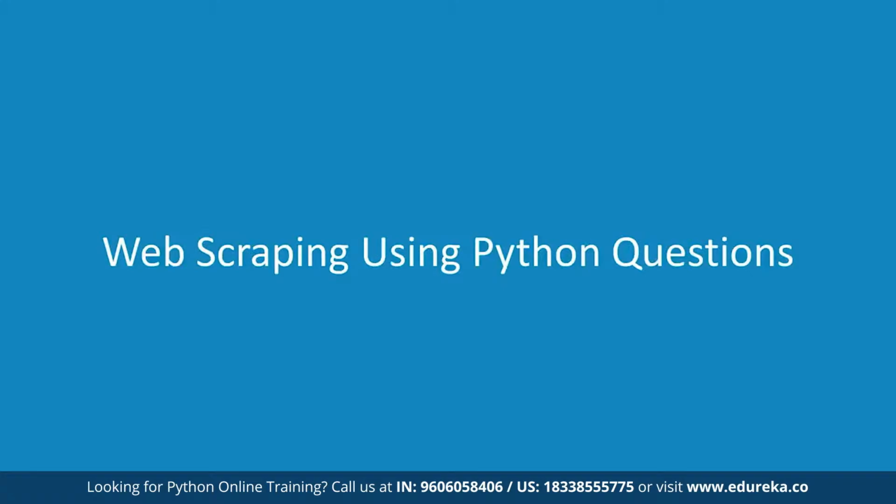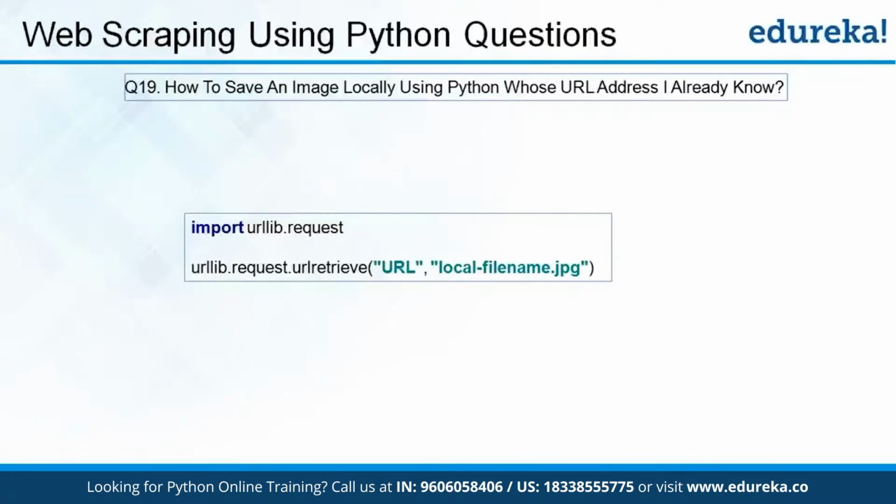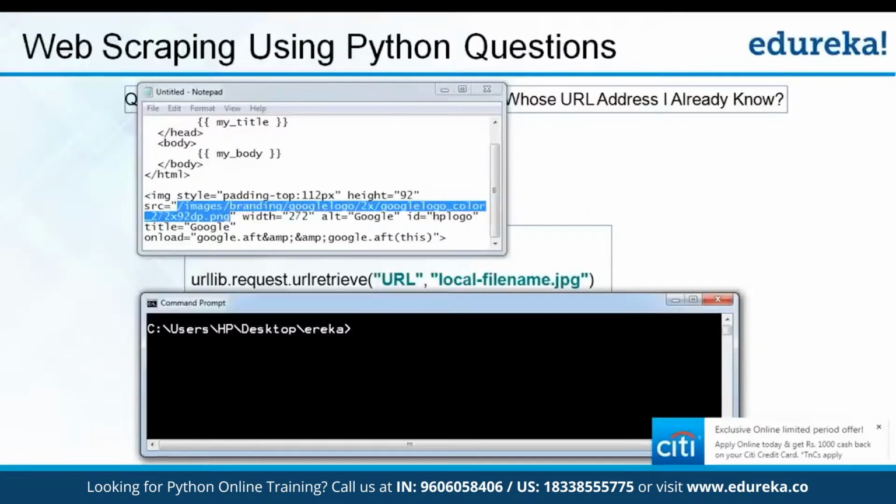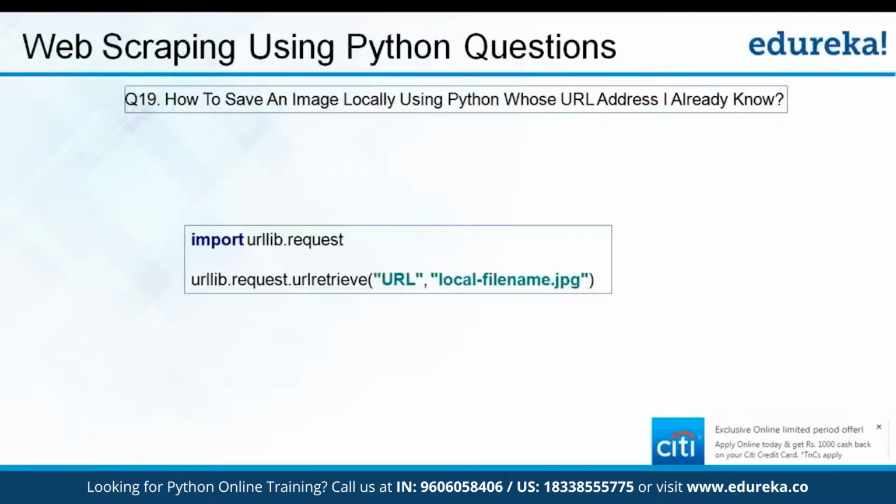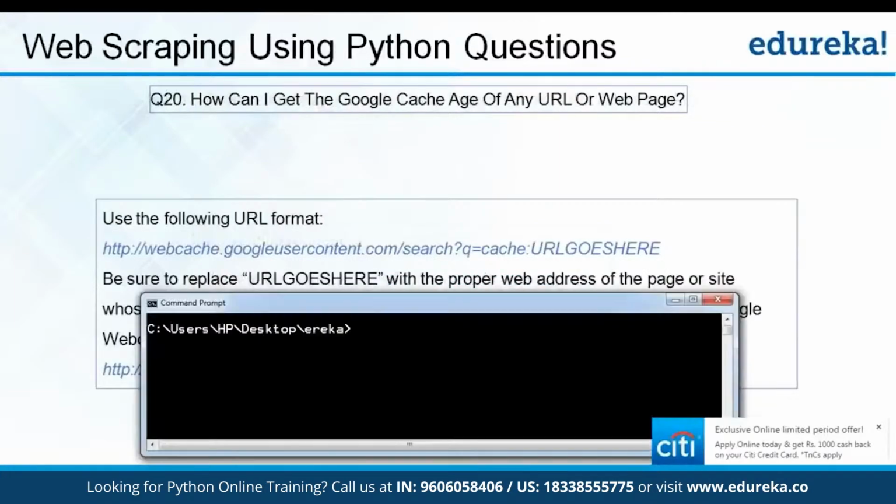Okay, coming to the next section, that is web scraping using Python. These questions now. So how do you save an image locally using Python whose URL address you already know? Okay, so there are various ways of doing it. This will work directly if you're using it from your local. So typically what I would do is something like this: